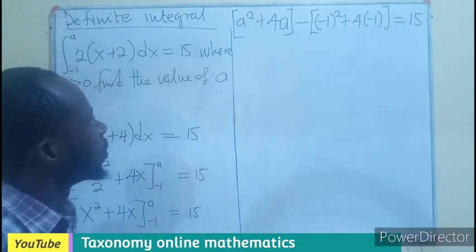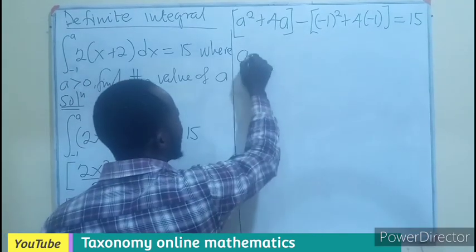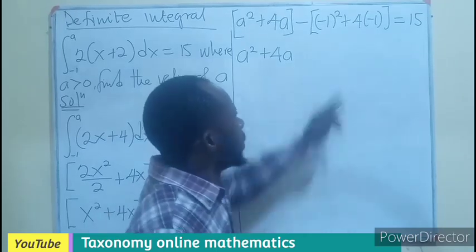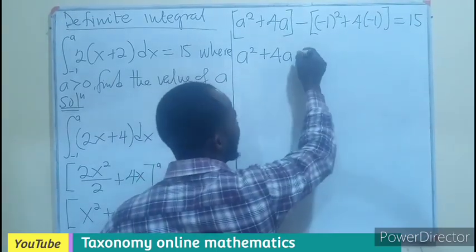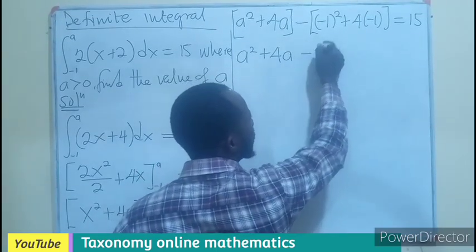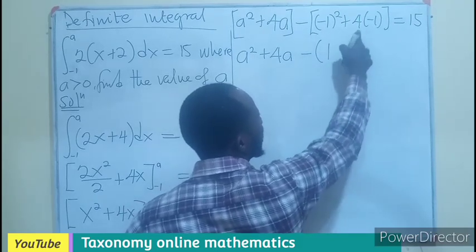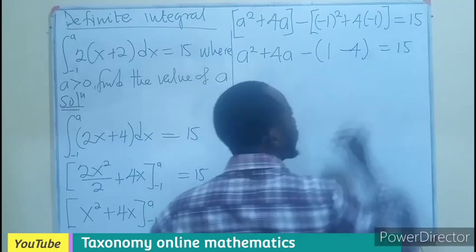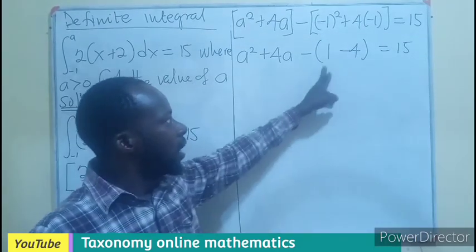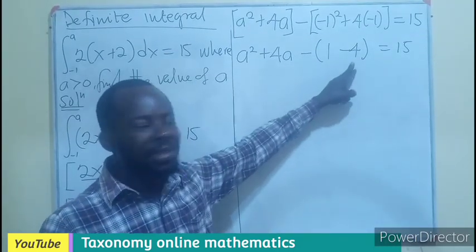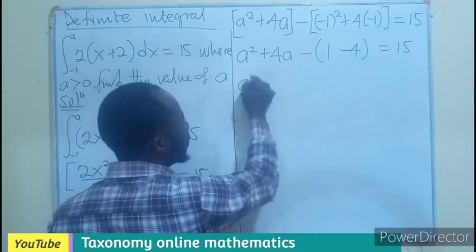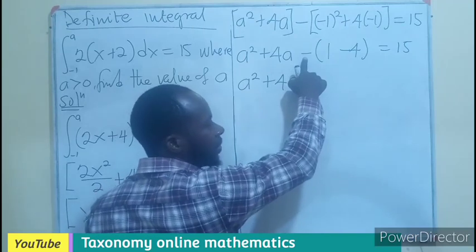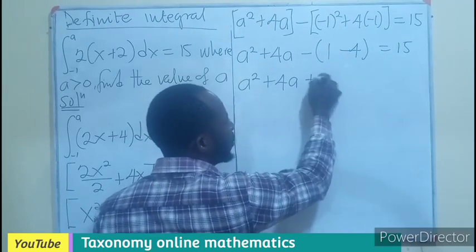equals 15. So furthermore, we are going to have a squared plus 4a, minus, this is going to be 1, and this we have -4, equals 15. 1 minus 4 will give us -3. So we're going to have a squared plus 4a minus -3. That gives us plus 3